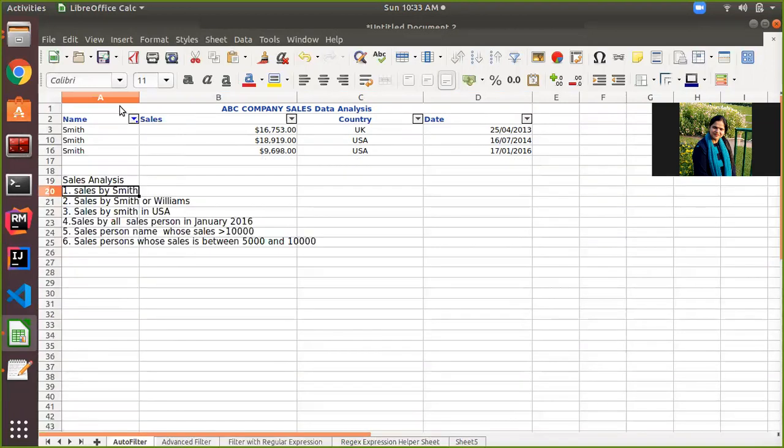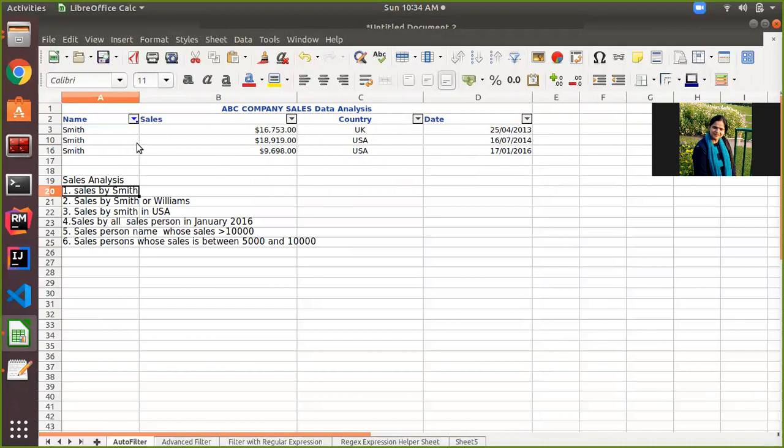See, Smith did sales 3 times, in years 2013, 2014 and 2016. In 2016 he did sale in USA, in 2014 he did sale in USA again, and in 2013 in UK. So you can see how easily I can analyze the sales done by Smith.